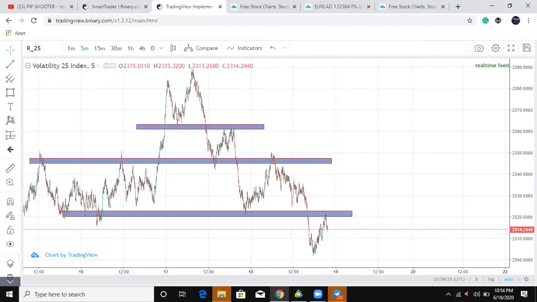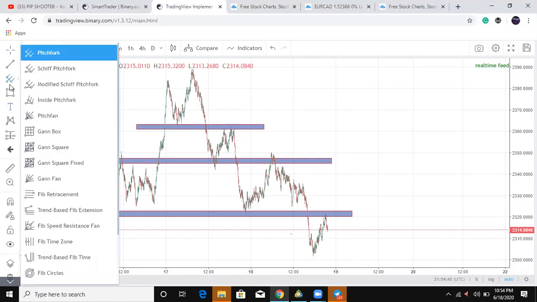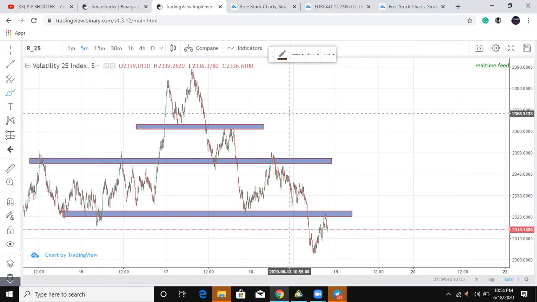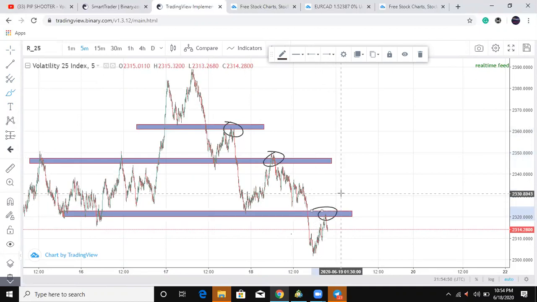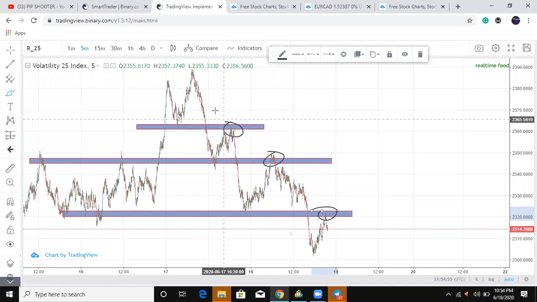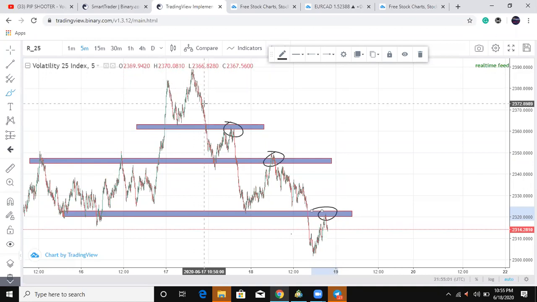What's your entry point right here? Let me mark up your entry point for you. Trading can be easy when you settle down to learn. Entry point 1, entry point 2, and entry point 3 right here has really been created. As simple as that, nothing much. You can see there's a 1-2-3 move I'm talking about, because once you see a market falling like this with a great momentum,